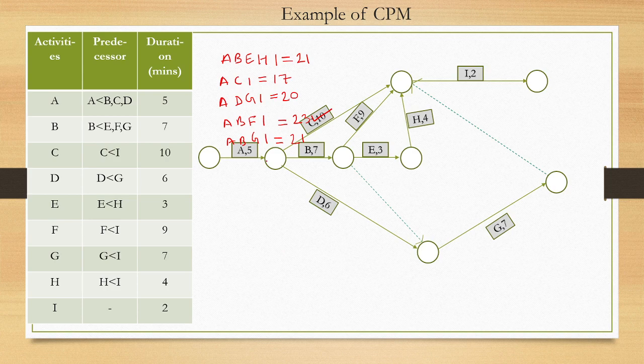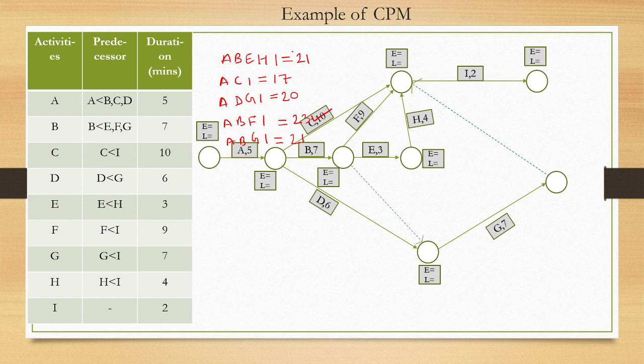I suggest one more time that before drawing, go for this solution, just try it by yourself, how to draw this network diagram for this type of problem. Then again you have to go for the E and L values to find out the project duration or critical path, and use the same technique which we have done in the last few examples to find the critical path and the project duration.